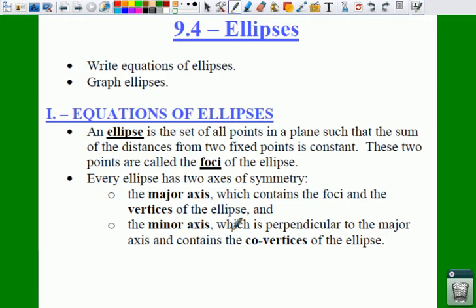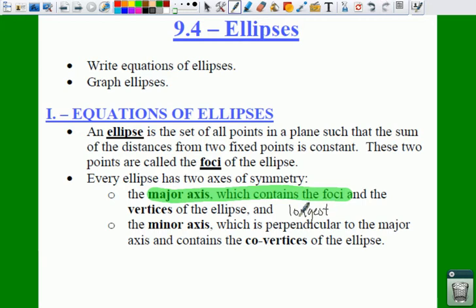So an ellipse is the set of all points in a plane such that the sum of the distances from two fixed points is constant, and these two points are called your foci. We do have two axes of symmetry. One is your major axis, and that has your foci and your vertices of your ellipse. So your major axis does contain your foci. This is obviously also the longest